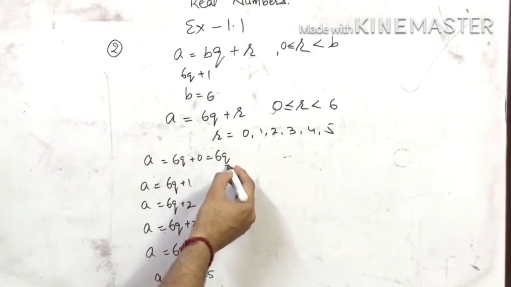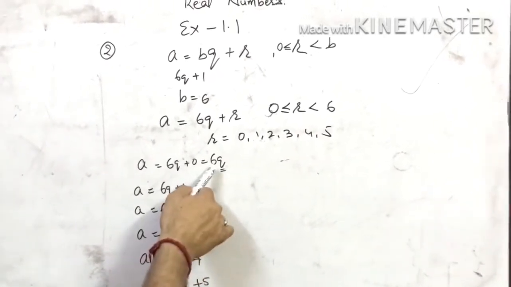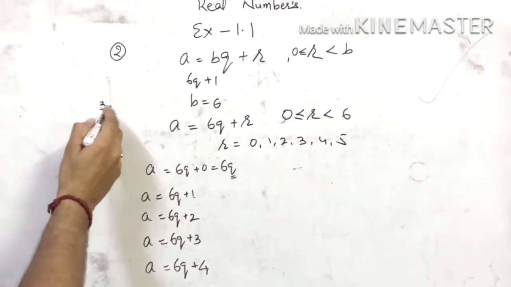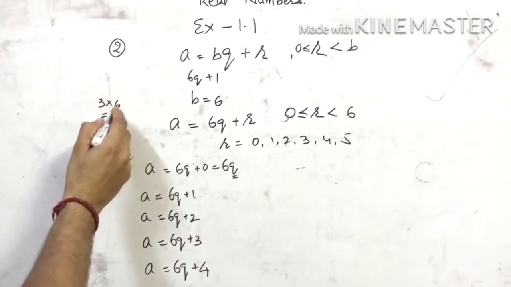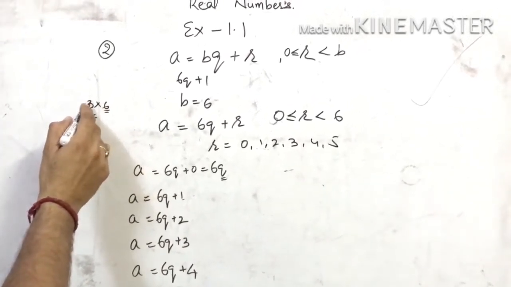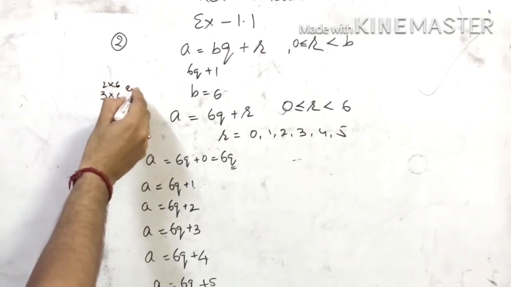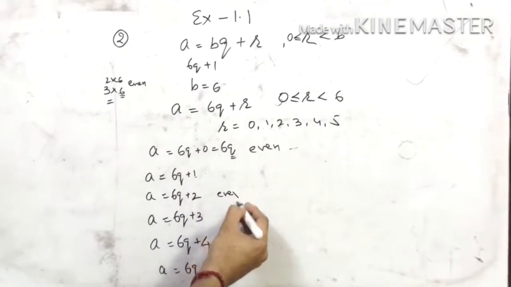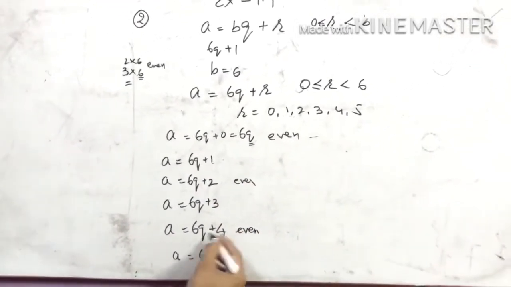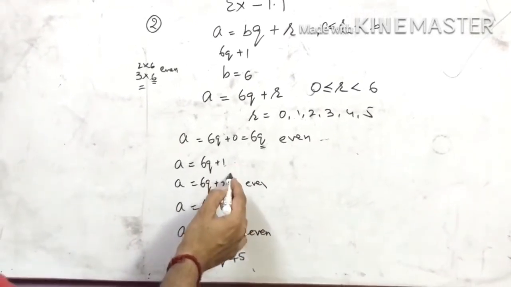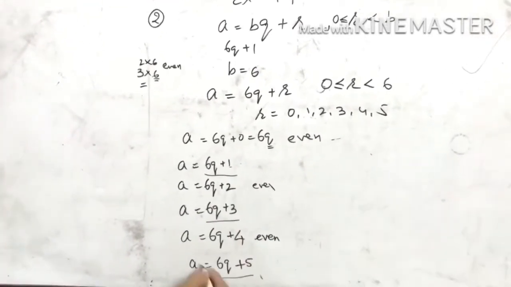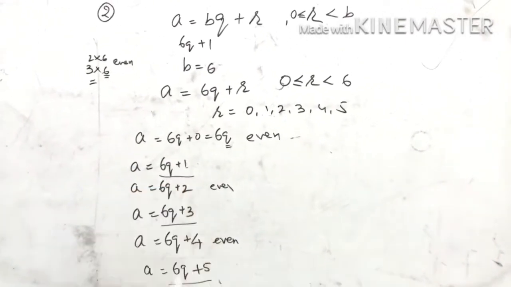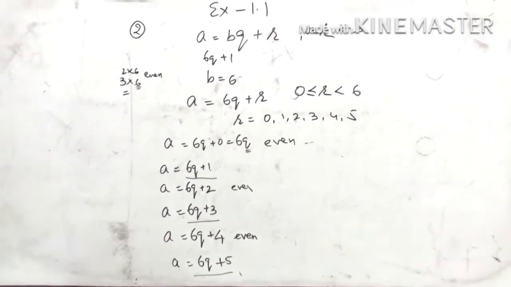Whatever the integer is in place of q, when you multiply with 6, it will become even. For example, if q is 3, when you multiply with 6, definitely, whether an even number is multiplied with an odd or an even number, you always get an even number. So that means it is even. So 6q is even, 6q plus 2 will be even, 6q plus 4 will be even. When an even number is added to an even number, you will get even. So only in these three cases is an even number added to an odd number. So definitely we have shown that.